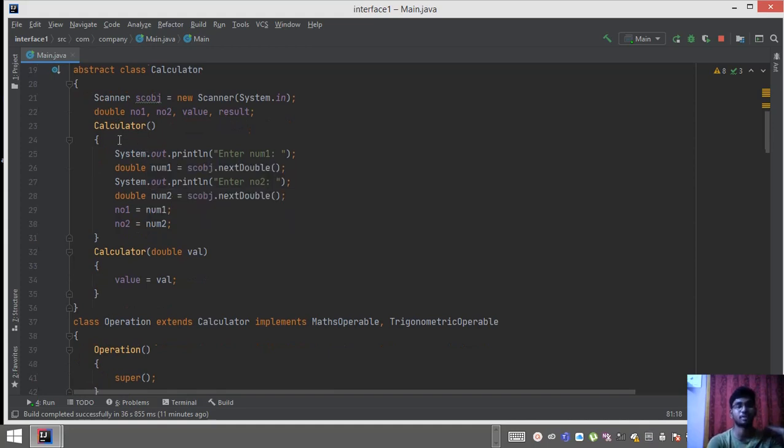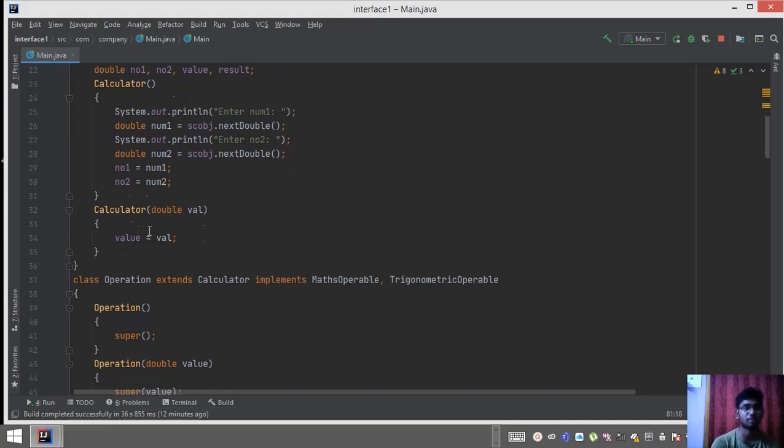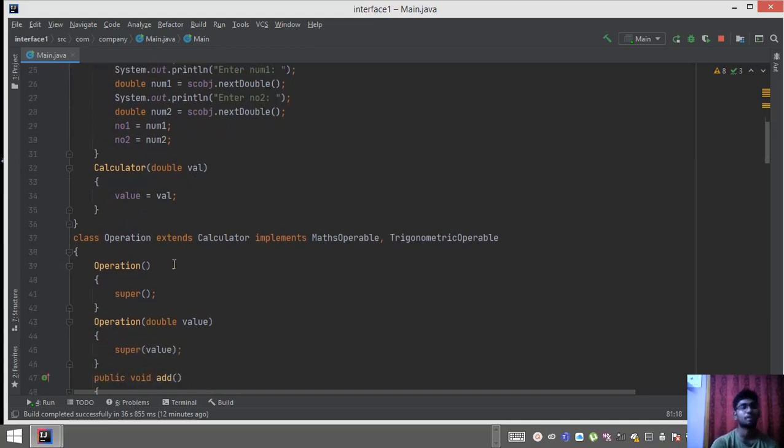I'm calling the method calculator, and inside that I'm using System.out.println to ask to enter number one, then num1 equals next double to take the number from the user, and likewise for num2, with this.num1 equal to num1 and this.num2 equal to num2.